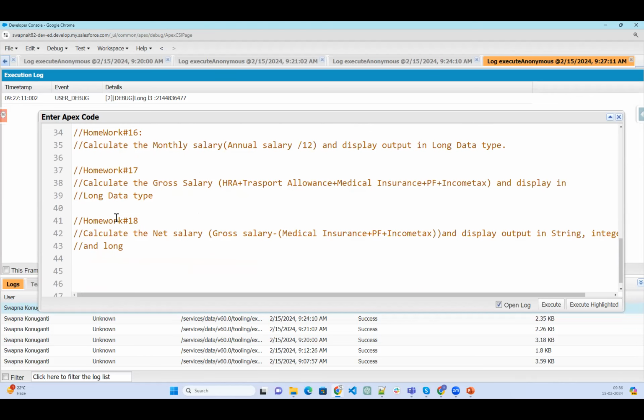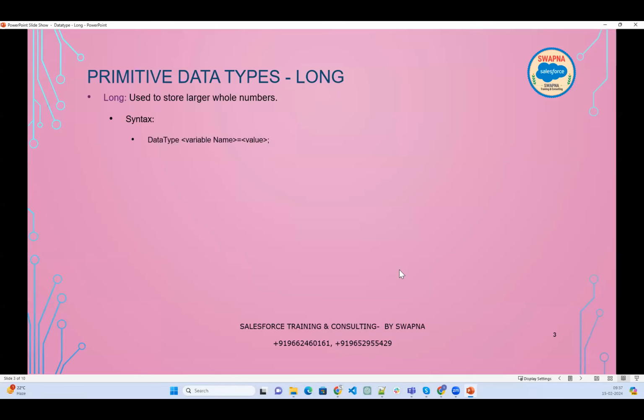Now let's give another one. The next one, right now we have seen the long. Long is used to store large volume numbers. Syntax: data type, variable equal to value.